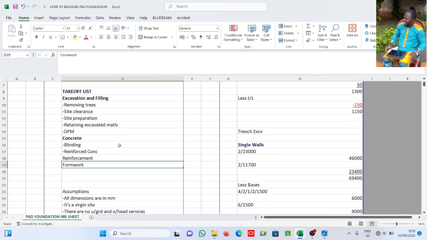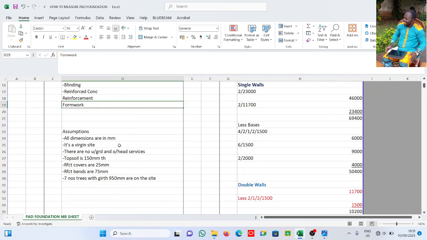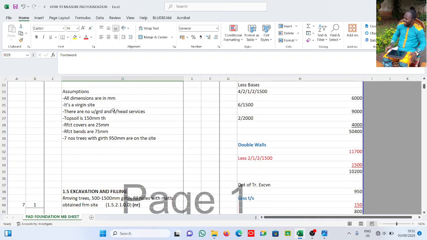All right. So some assumptions that you may want to know, of course, depending on the drawing you're given. Majorly drawings are in millimeters, but when it is not stated anywhere, you have to state it down that you assume all dimensions are in millimeters, and you also assume it's a virgin site. That's when you need to cut trees. If it's not a virgin site, there should be no tree there,